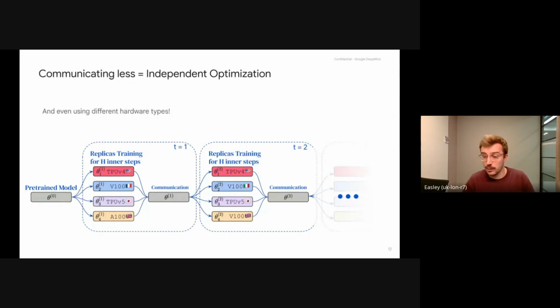Another advantage is that if they can be optimized separately before doing a communication very infrequently, we can actually use different kinds of hardware. If we do data parallelism in a classical way, where we have to synchronize at every time step, you need the same hardware type. Otherwise, if you use, for example, a V100 and an H100, which have very different speeds, the fastest unit has to wait at every time step for the slowest unit. In the end, it's not very useful.